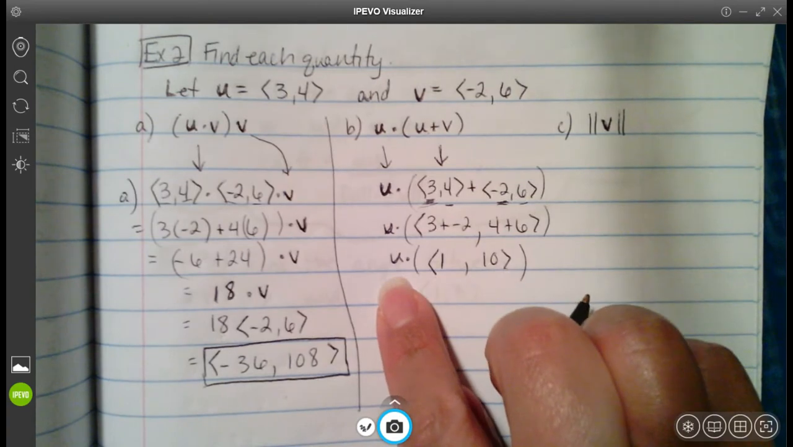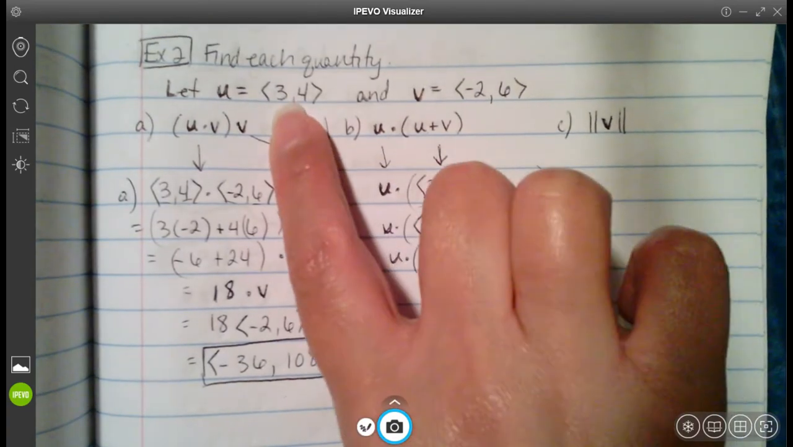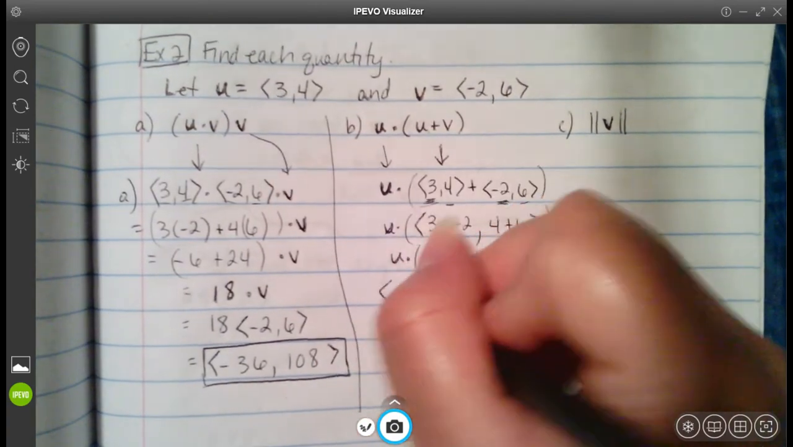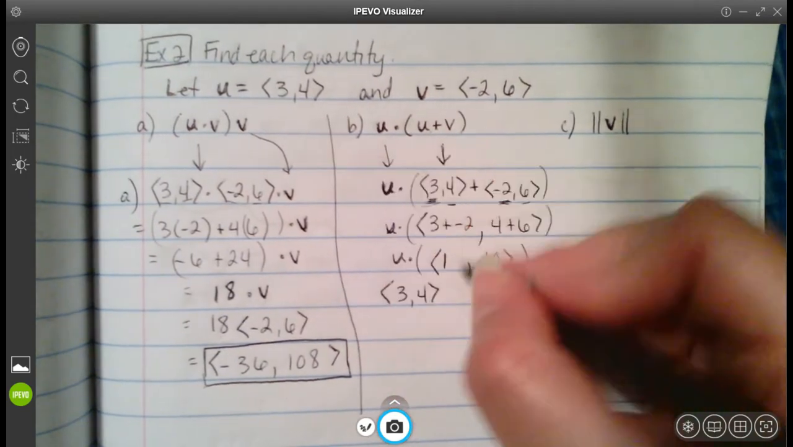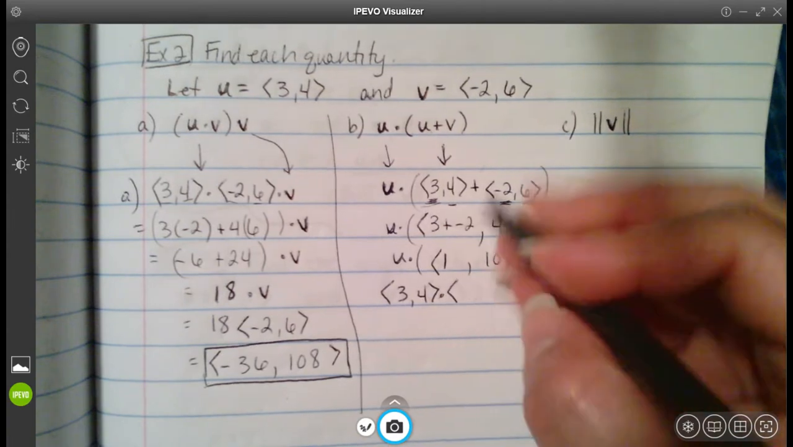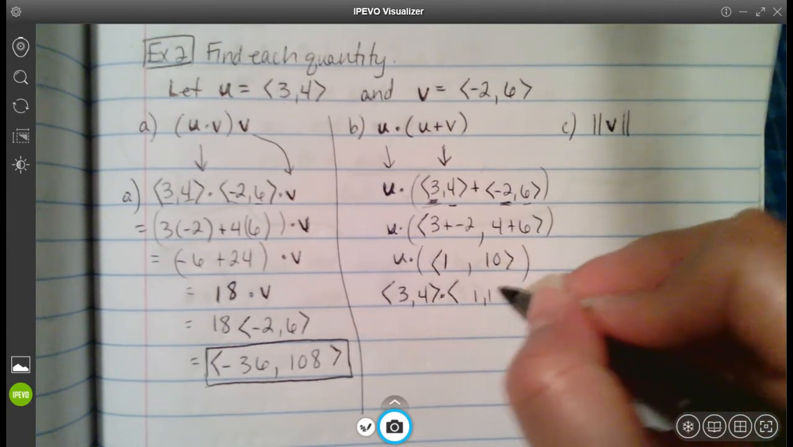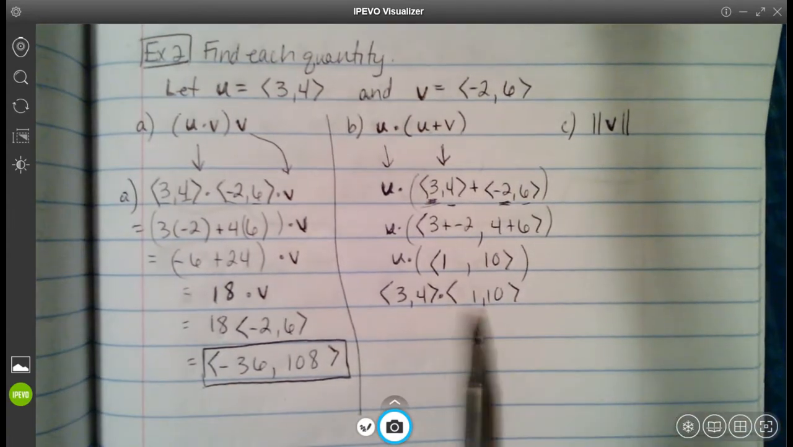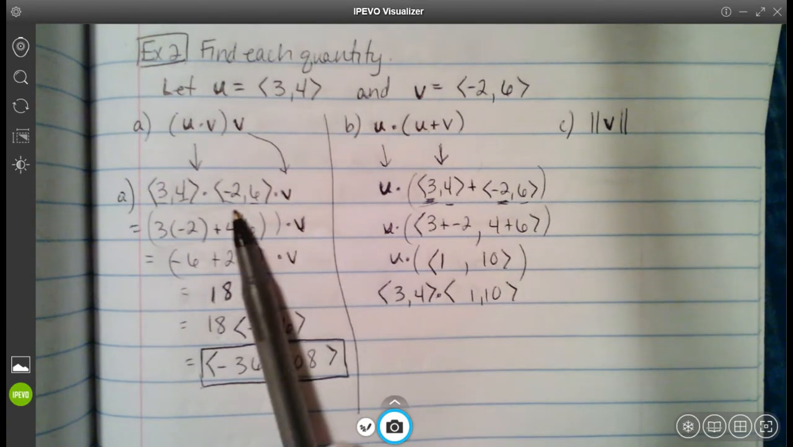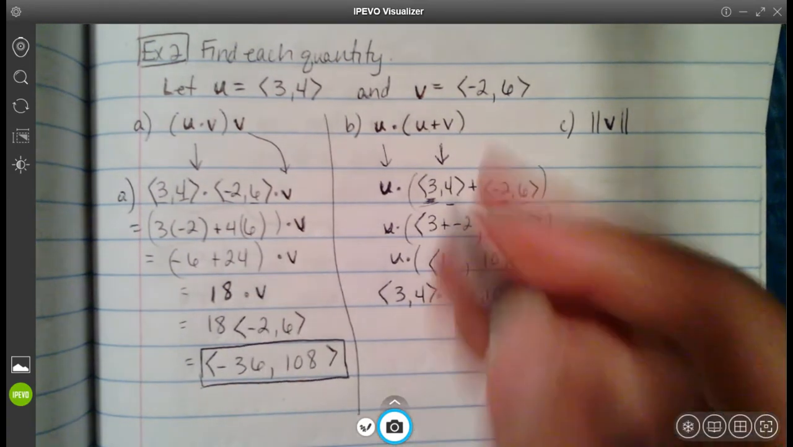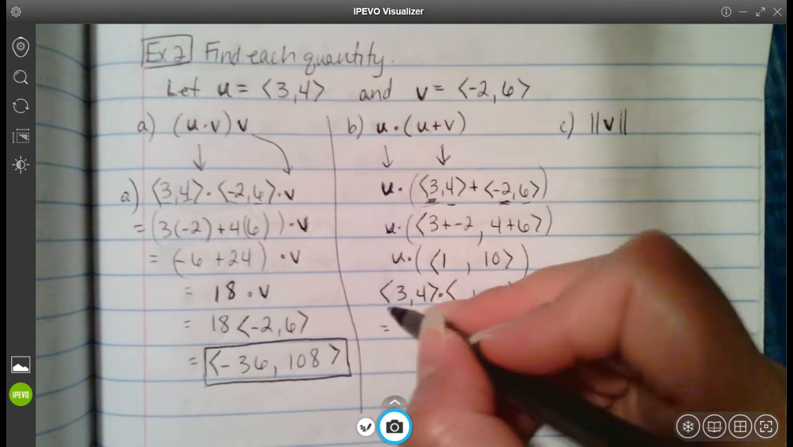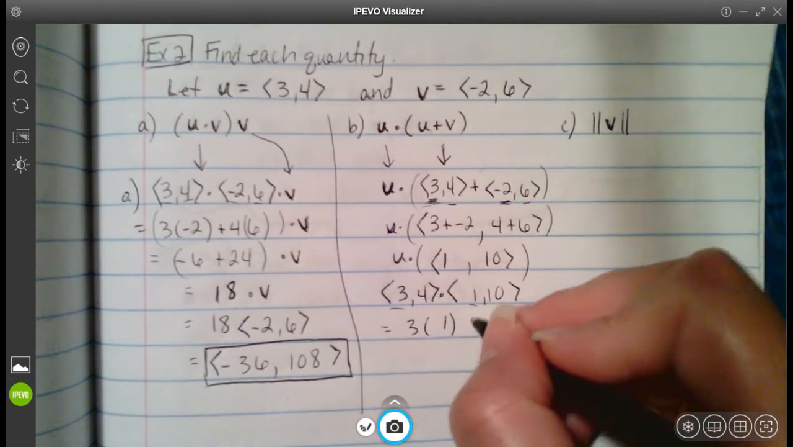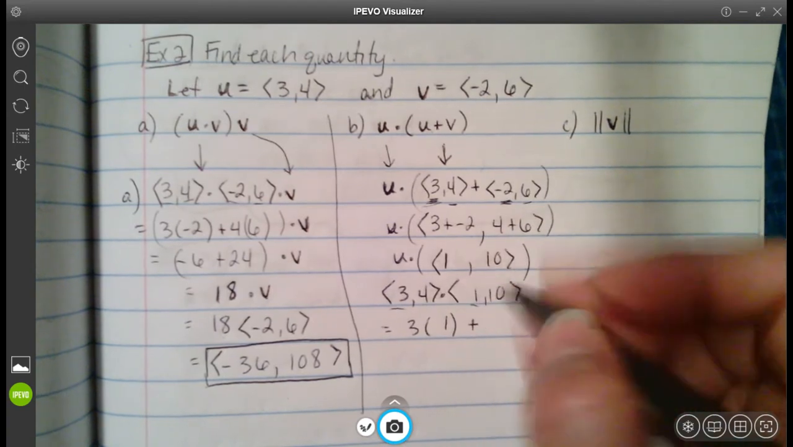And now we're going to replace the u with the vector that it represents, so 3, 4. So now I'm going to go ahead and do 3, 4, because that's what u is, dot product 1, comma 10. And now this becomes just like what we did in the past where you're multiplying two vectors. So this is going to be 3 times 1, because we take our first components and multiply them, plus the second ones, 4 times 10,